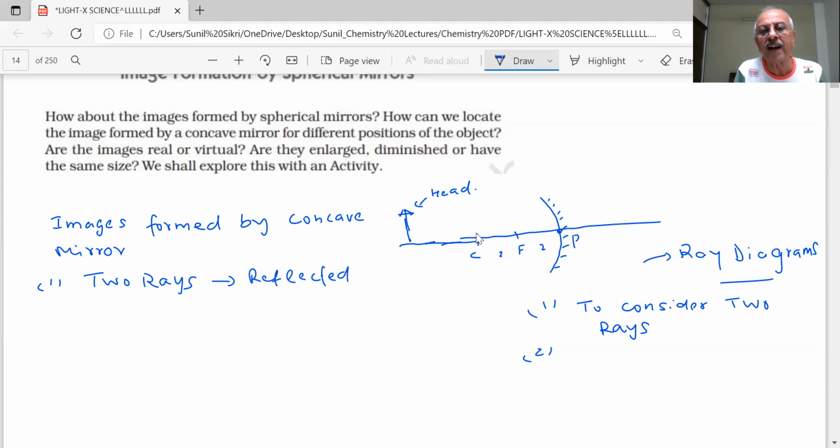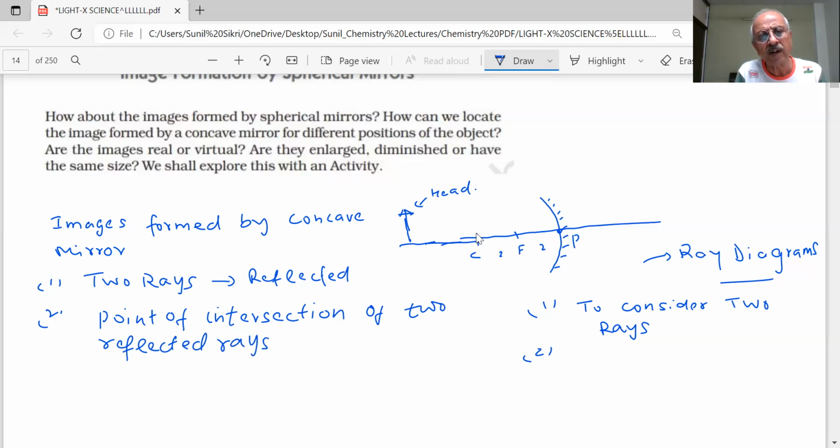And I will be using the head. This is the head and this is the tail, the bottom. So we will take the 2 rays from where? From the head. Second point, the point of intersection. Note down, the point of intersection, students. What will happen? The point of intersection of 2 reflected rays,